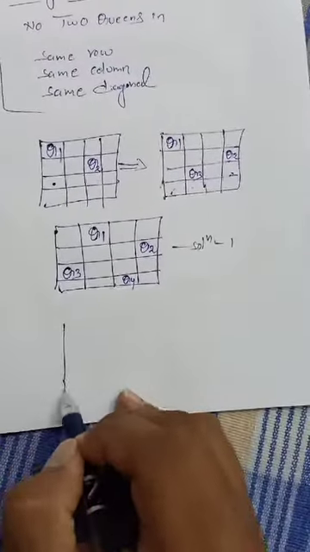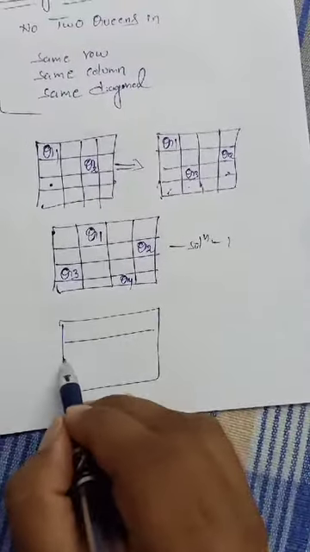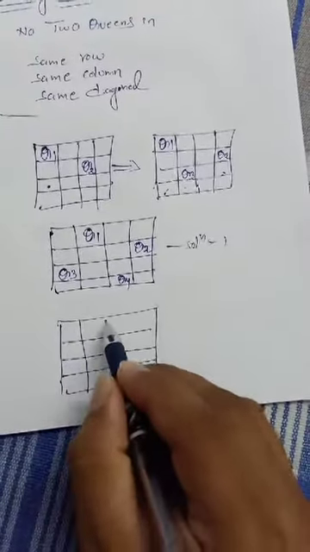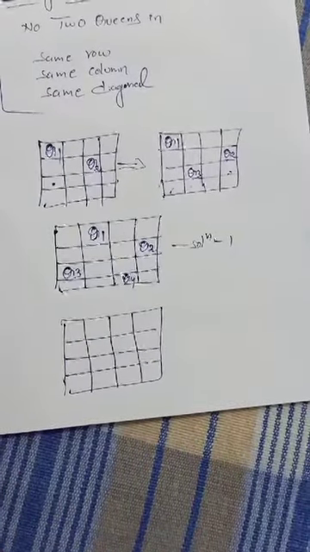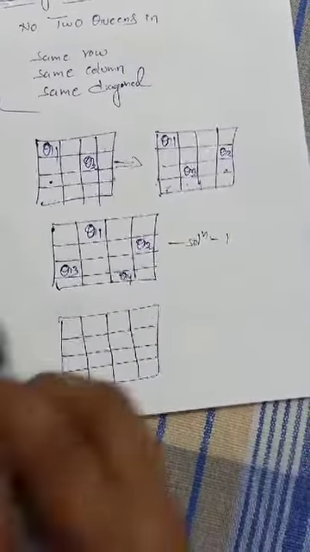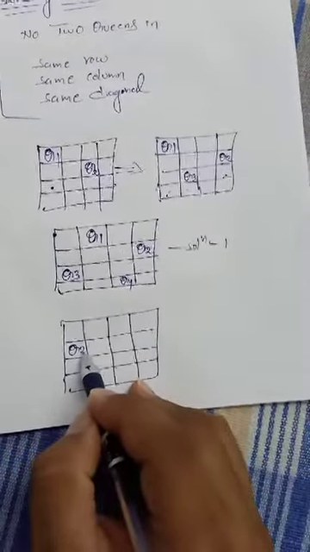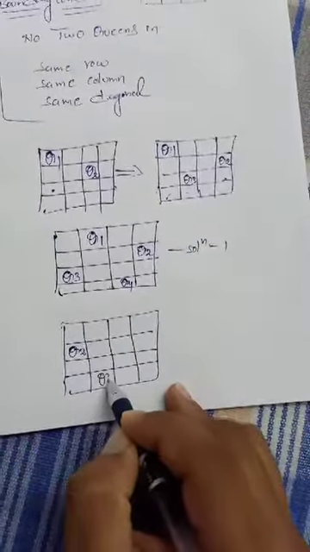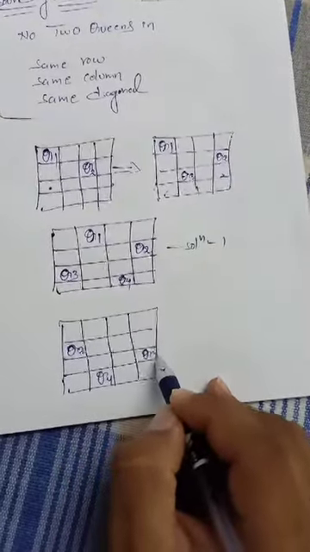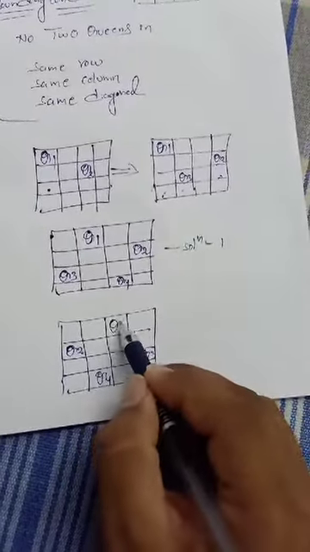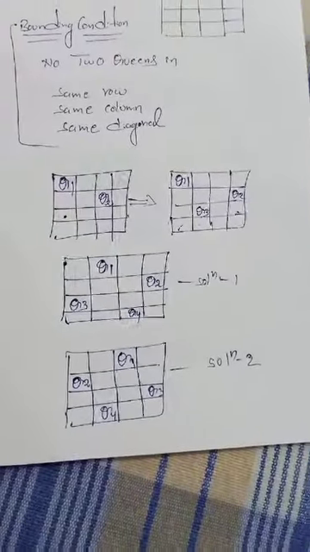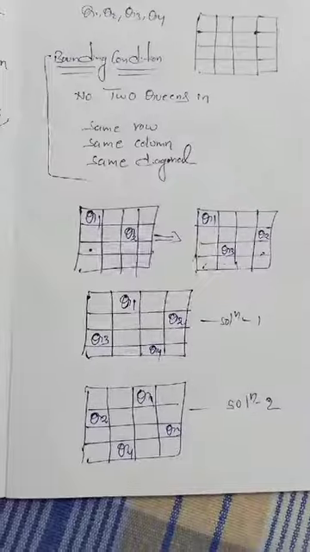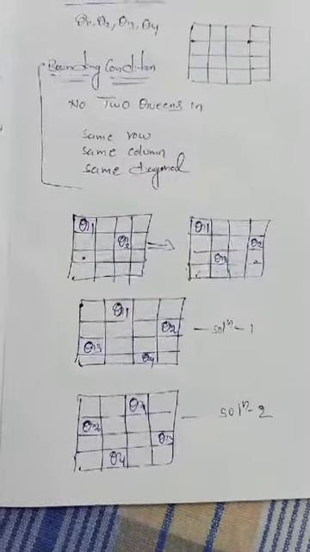So we can also get more than one solution in backtracking. Just the mirror image of this one: place q2 here, q4 here, q3 here, q1 here. This is also a solution. This is the second solution. Both are correct. For these solutions we need to draw a state space tree, right?